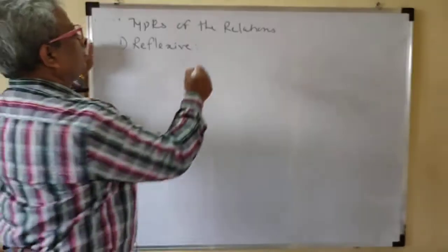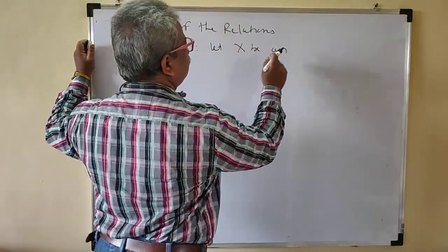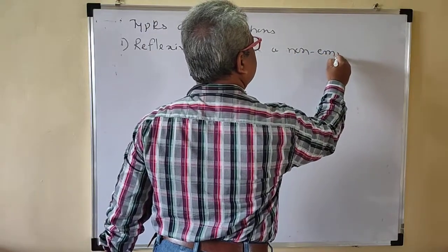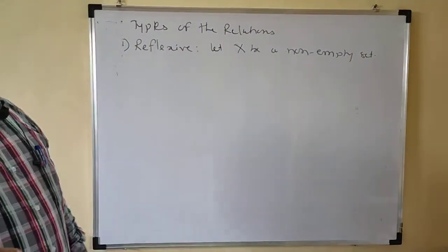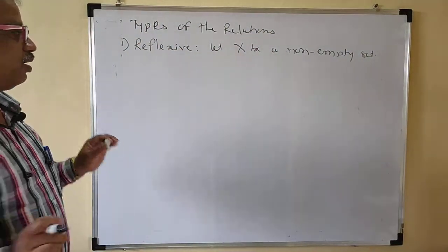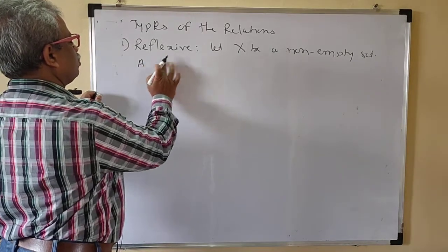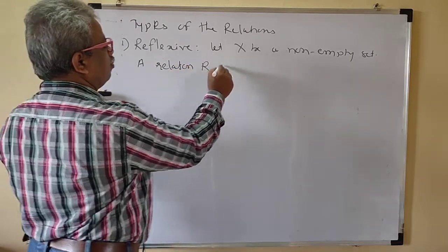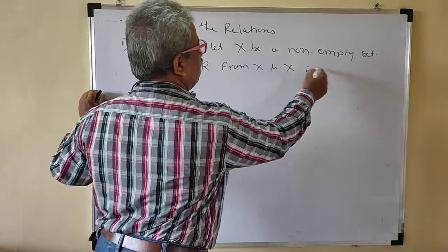Let X be a non-empty set. X be a non-empty set means it has at least one element. A relation R from X to X